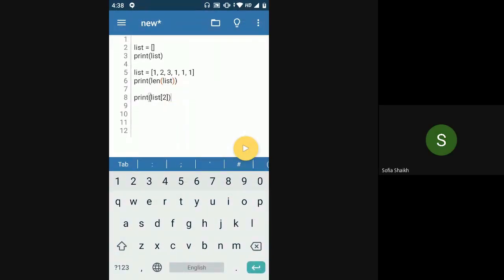So this is working exactly like the strings, like what we saw for the strings, except that instead of characters, here we are looking at the whole value, the values present inside the list. In strings, we did not have to put a comma after every character. In a list, when you put multiple values, you have to use a comma between two values.